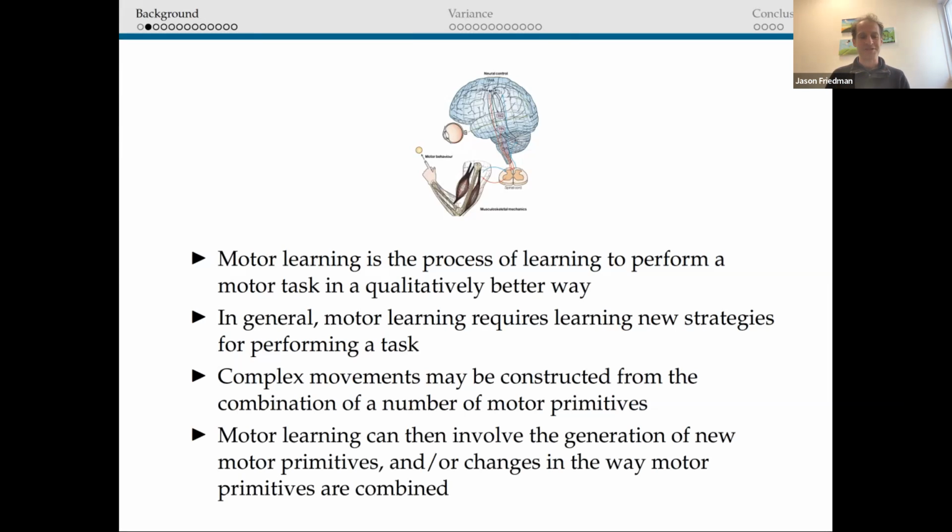The difference between these two things is something we probably see in terms of timescale. In relatively fast learning in a particular session, it seems like people are only able to do the first option, change how they combine maybe overlapping motor primitives or the way that they're executed. Generating new motor primitives seems to require much longer timescales and probably sleep and consolidation along the way.